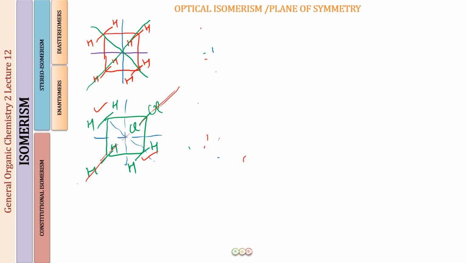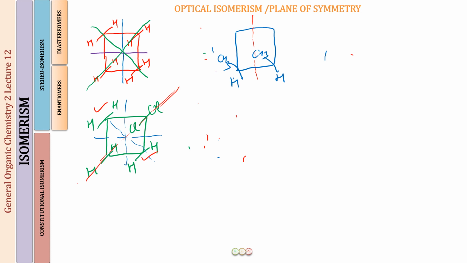Right, I hope this is clear. Now let us do one more molecule. So here now I have a CH3 and a H, and I have a CH3 and a H. Okay, so this one I think it is easy. You are going to just bisect it this way, you will be getting one POS.